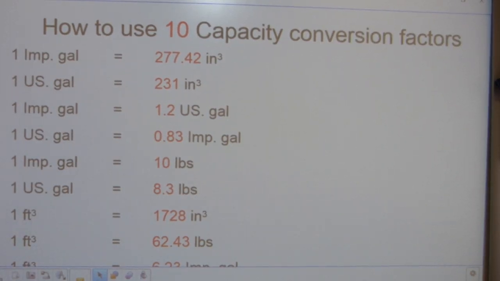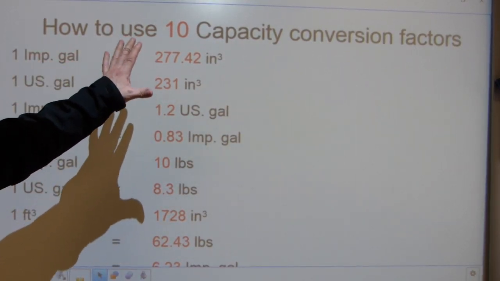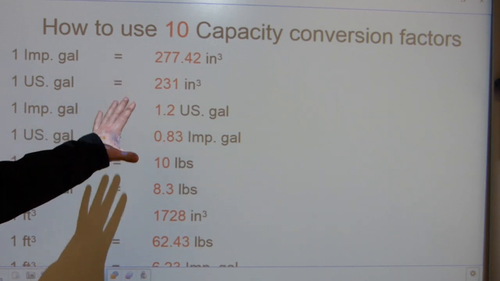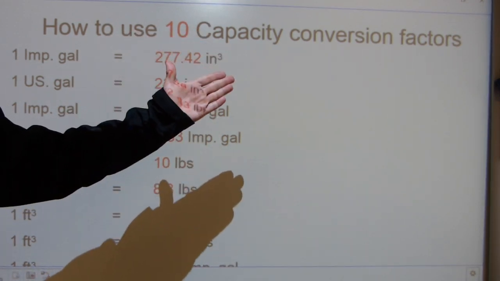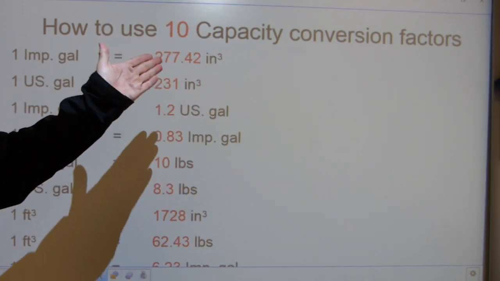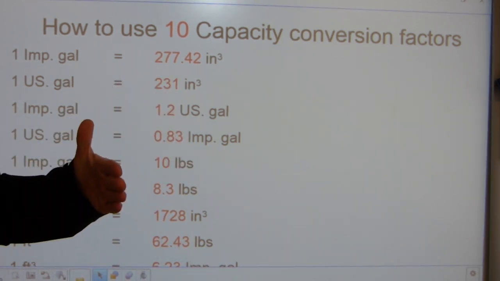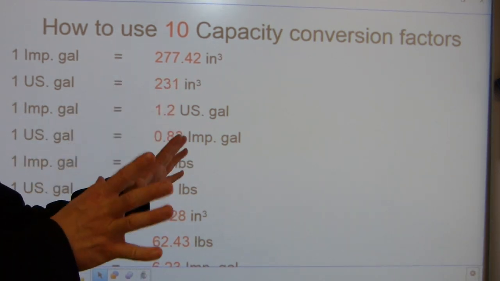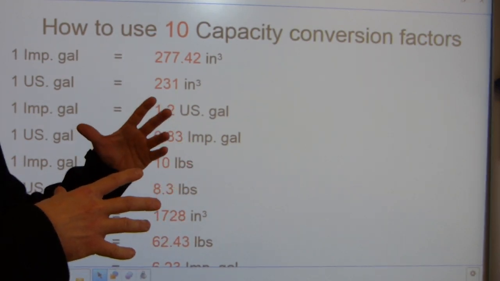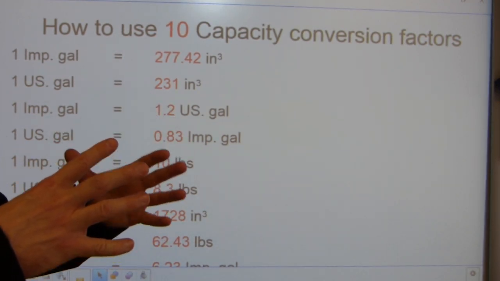Hello everyone, in this video I'm going to show you about half a dozen practice problems on how to actually use these conversion factors in actual calculations. In the half a dozen practice problems I'm going to show you the math step by step. We're going to start easy with an easy number, and I'm going to then change things up a little bit,